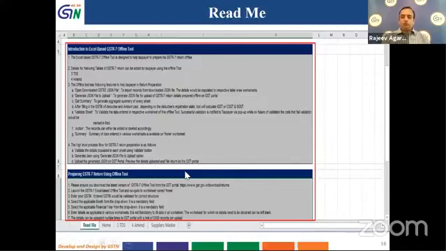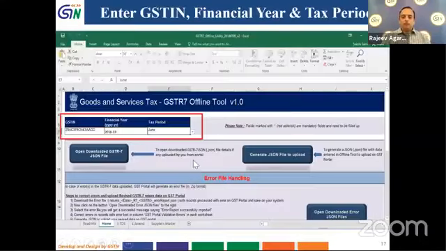After that, we have to go to the supplier master section. Before that, we will fill in the GSTIN number. The GSTIN number of the recipient, that is my GSTIN number. Since I am filling the details in GSTR 7, I have to give my GSTIN number over here. Then I have to give the financial year of the return which I am filing. Then the tax period I have to give. So I can select the tax period from the drop down also. So first I have to go to readme section, and then I have to come to home section and fill in the GSTIN number, financial year and tax period.